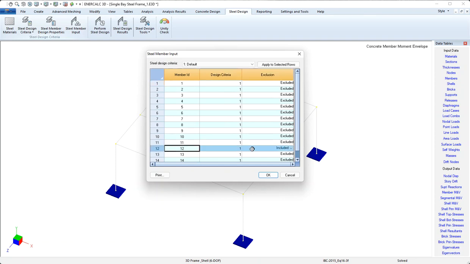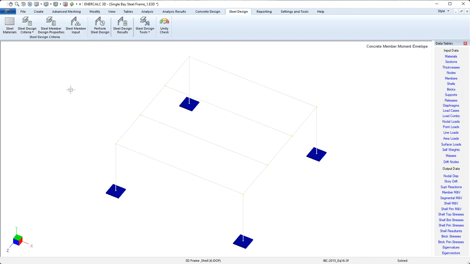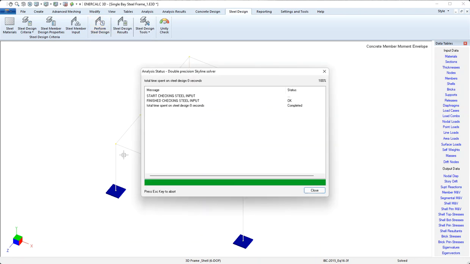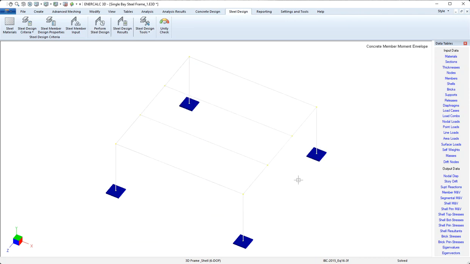So looking at member number 12, we can see that's our column. That's the only one that's included, and I don't want to make any changes here, so we'll click cancel. Okay, that's all of the input that's required for steel design. The next step is to just click Perform Steel Design. That zips through in no time, and we can click Close, and now we can start to look at steel